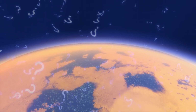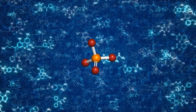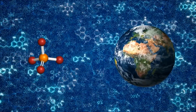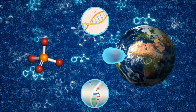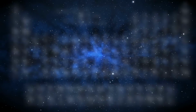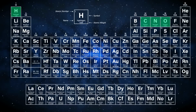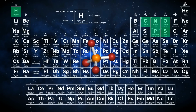Why are scientists so excited about this mineral? Well, phosphates, which are compounds that contain phosphorus, are crucial components of life on Earth. DNA, RNA, and cell membranes contain them. But among those 6 elements required for life, which are carbon, hydrogen, nitrogen, oxygen, phosphorus, and sulfur, phosphorus is the